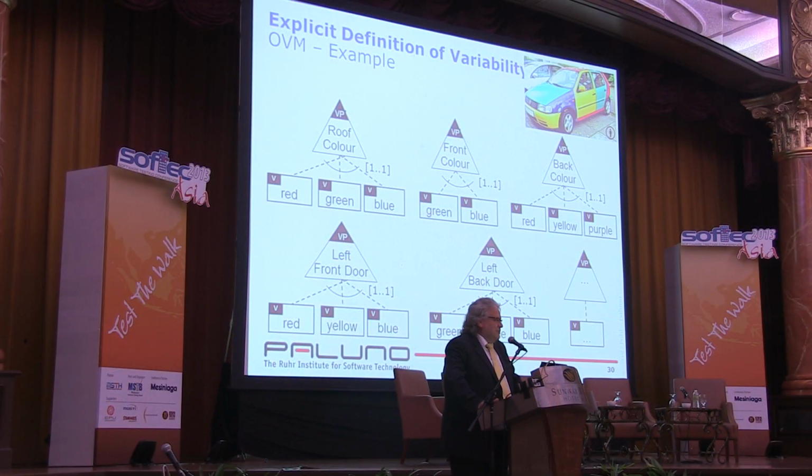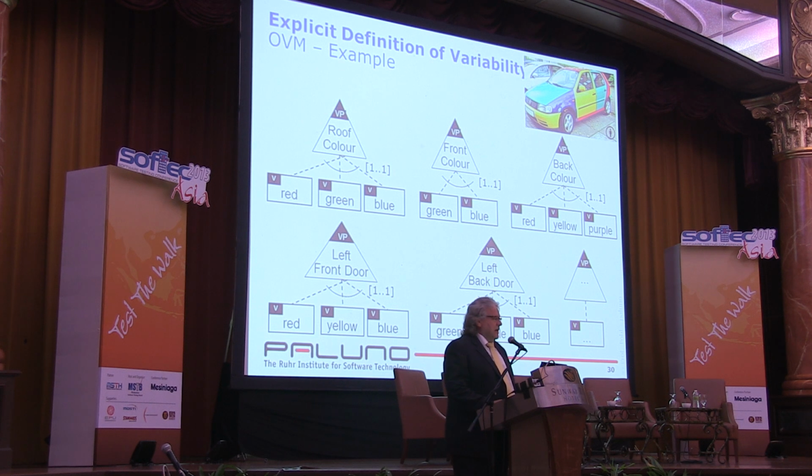This is the easiest way to understand the impact of defining a variation point in a product line in a different way than in the other example. So in this example, you can have very, very different looking cars. And it really depends on the definition of what can vary. And the same is true in software. You can say that nothing can vary, then everything is the same, or you can do it at a much more fine-grained level, and thereby you can allow much more variability than in the other case.